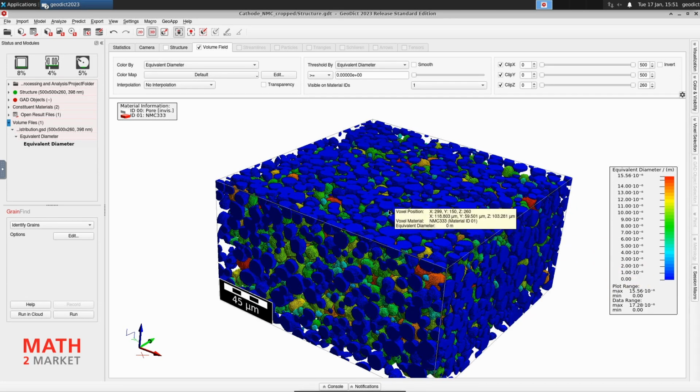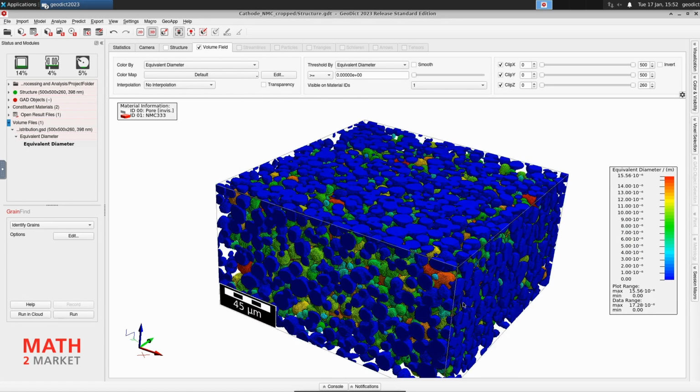There are then still some artifacts left. Here at the boundary you see a lot of blue half grains which have a size distribution of 0. This is the case because we unchecked the option to keep the grains at the domain boundary, and in these places here we have material, but this material is not analyzed as grain. We can also get rid of this artifact by thresholding the volume field.